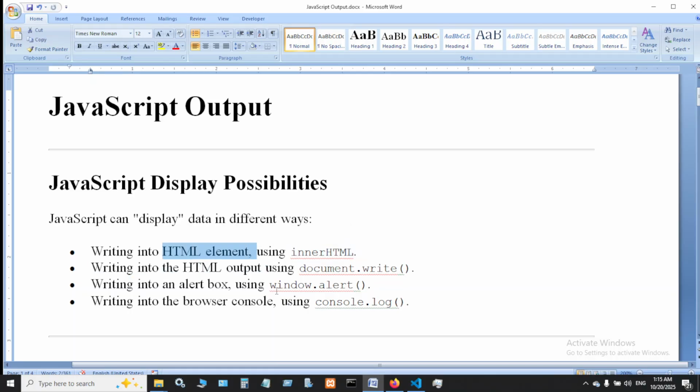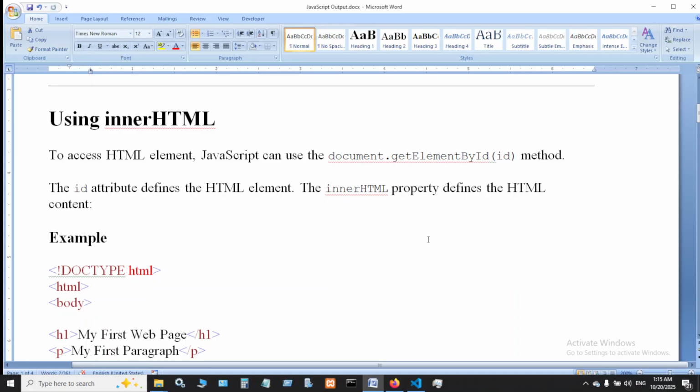I'm going to show you how all this works in general, so that you can find it easier to communicate when using JavaScript. I don't want to take much of your time, and I'm going to tell you some things you have to know, because you have to consider a lot of things. So using innerHTML, let's start from that. To access HTML elements, JavaScript can use the